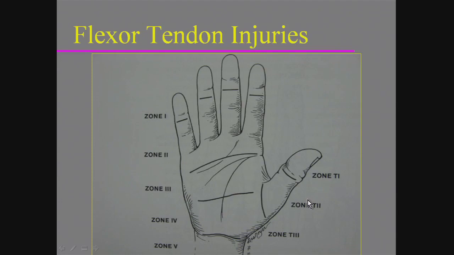Moving over to flexor tendon injuries, as John showed in the previous lecture, there's a zonal description of these flexor and also for extensor tendon injuries. You should know that zone 2 is frequently referred to as no man's or no woman's zone, and the reason for that was